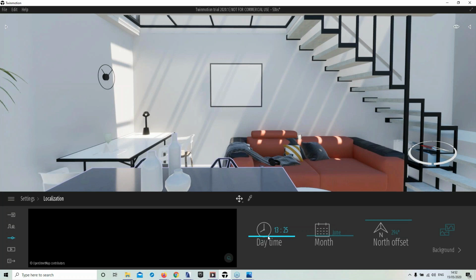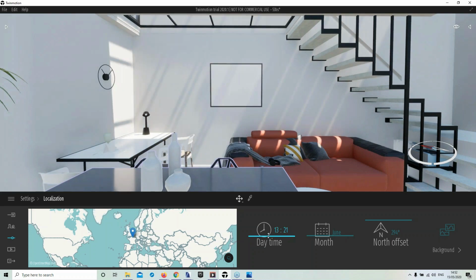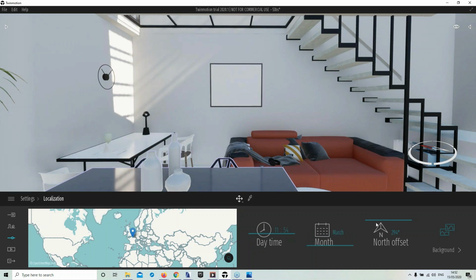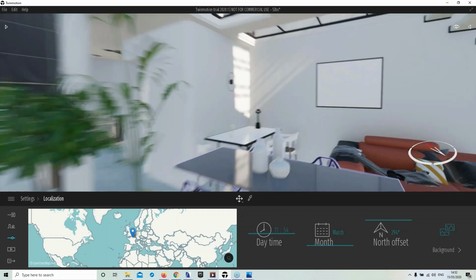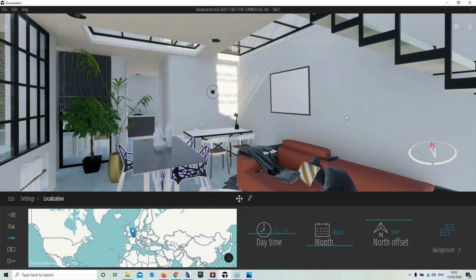As you can see with the location and the times, we can very, very quickly change the time, the month, see how it affects the internal lighting conditions, and very, very quickly know if your design decisions are correct. You can even change the orientation, which of course doesn't make too much sense because it's set from the beginning, but you can see a bit the capabilities of Twinmotion in providing very quick